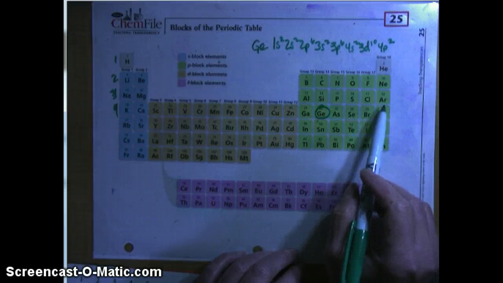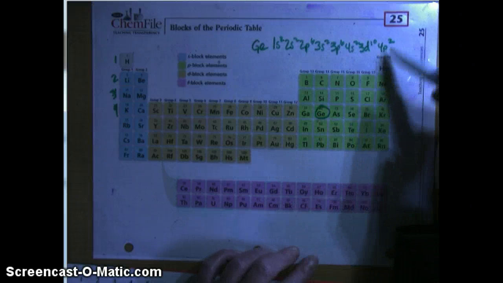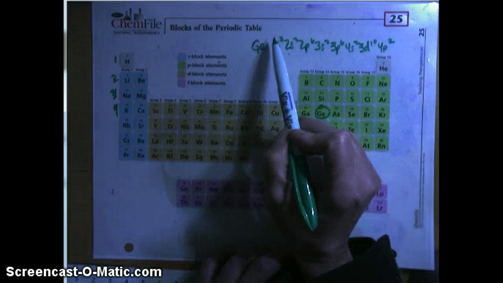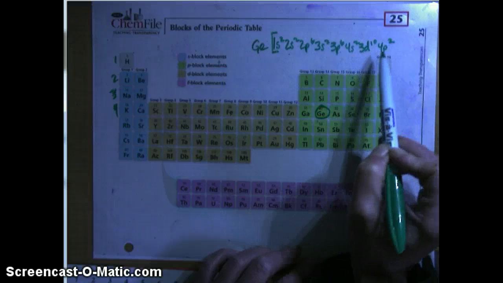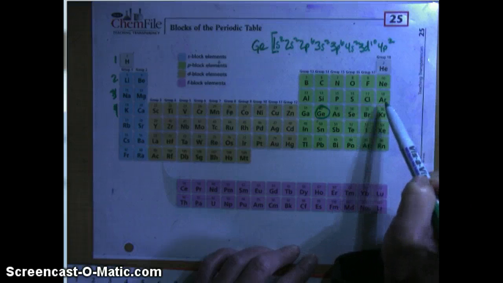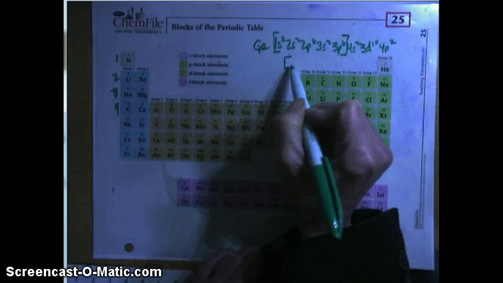So you look at the noble gas above germanium, and remember group 18 are the noble gases. And instead of writing the noble gas for argon, you're going to take argon's electron configuration and just let the symbol Ar represent that electron configuration. And so instead of this, we will put Ar,